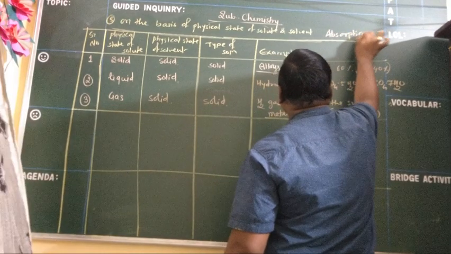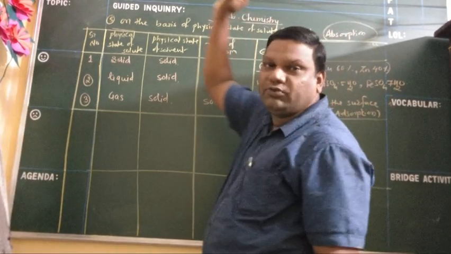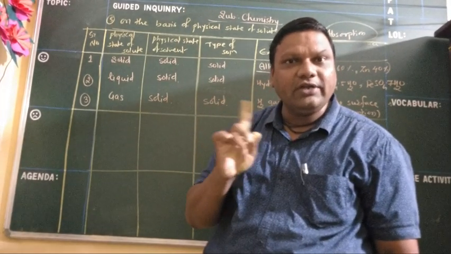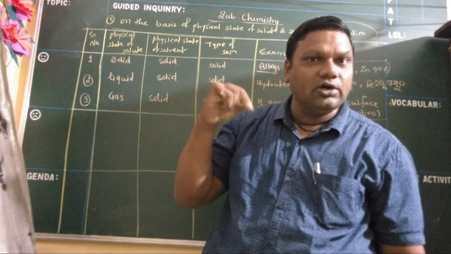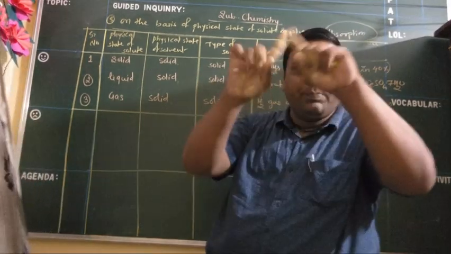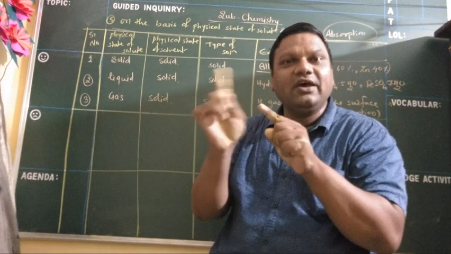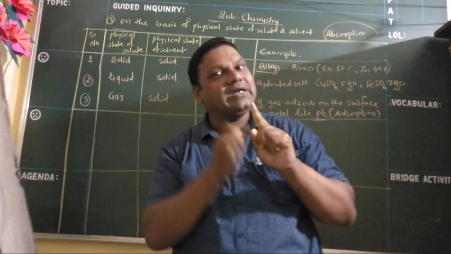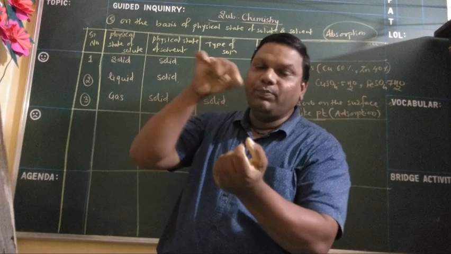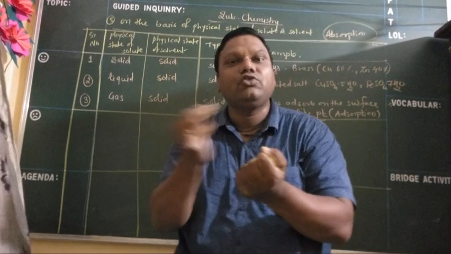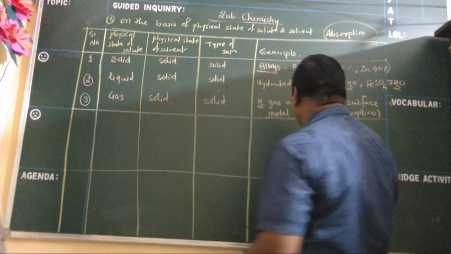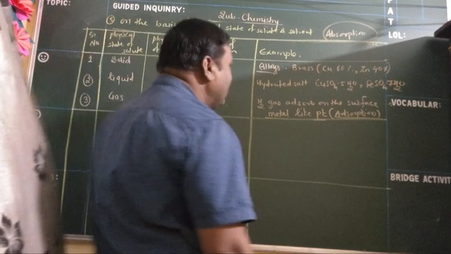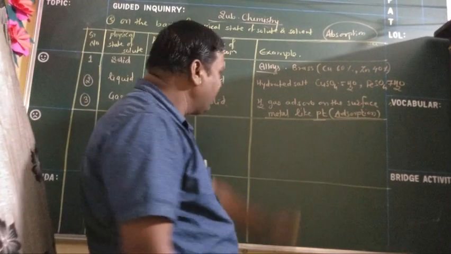Okay. But in the second case, when we remove the chalk piece from blue ink, the blue ink particles are collected on the surface of the white chalk, but they cannot immerse into the chalk piece. So when it is broken, what is happening? The inner part of the chalk piece is again white, only the outer part is blue. So this blue ink particle is adsorbed on the surface of chalk. That is called adsorption. So gaseous substances, like hydrogen gas, will be adsorbed on the surface of metal. That is called adsorption.